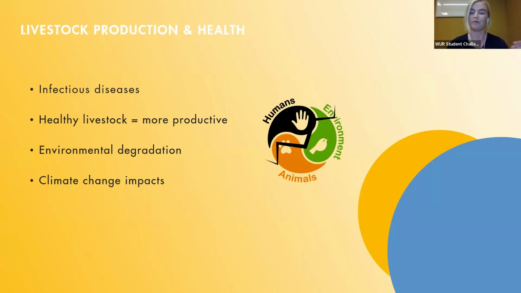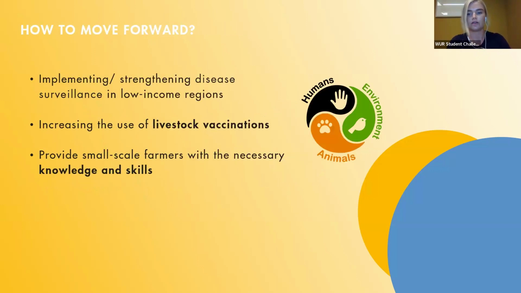And then we come again to this overarching theme that we have in all these sessions, the One Health approach. For now, the balance between these components, so human health, environmental health, and animal health, seems to be a bit off. And then how do we move to improving the sector and improving livestock management systems?